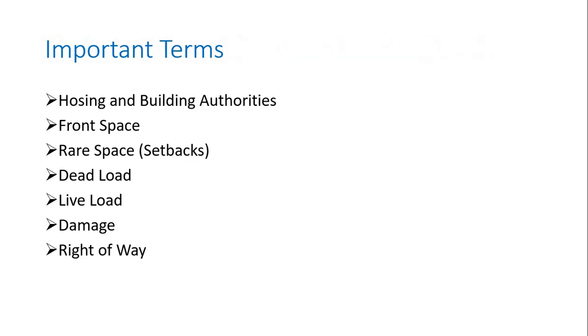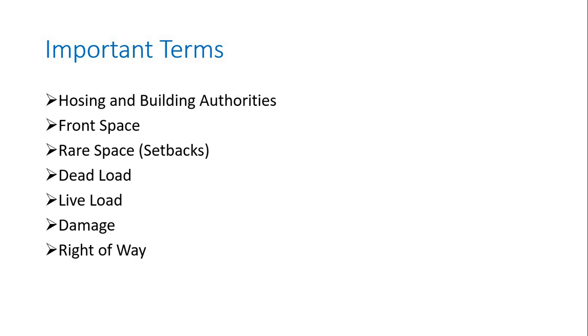And one of the important ones is housing and building authorities. In whichever region you are working, there will be a housing or regional authority for the building regulation of that area. You should follow the rules of this authority. If you don't follow them, your plan may be rejected. And you should also specify different things which are authorized and regularized by your authority. For example, front space in Pakistan, maybe in LDA,